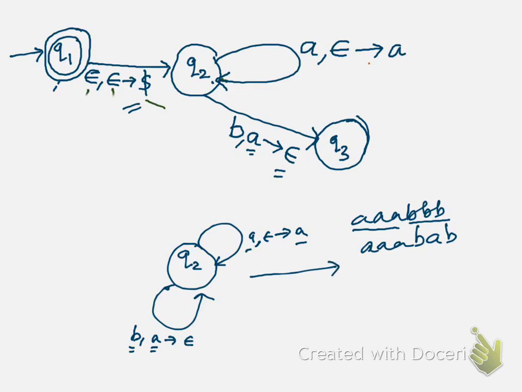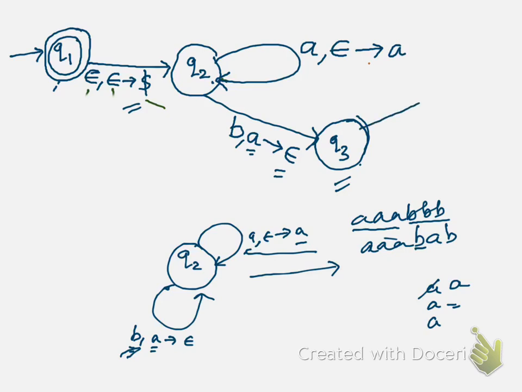But this machine won't do this. What this machine will do, it saw an A, it simply pushed all of them, right? Then when it saw a B, it popped an A, that is fine. But again when it saw an A, it will again push it back. So we do not have to design our logic in such a way. When you have seen one B, you should never again see an A. So this implies that once I have seen the first B, I just change my state. Now I should never see an A.